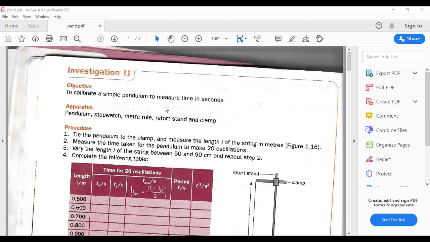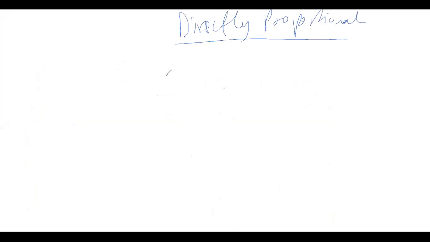Let's try to understand what directly proportional basically means. The main concept is: